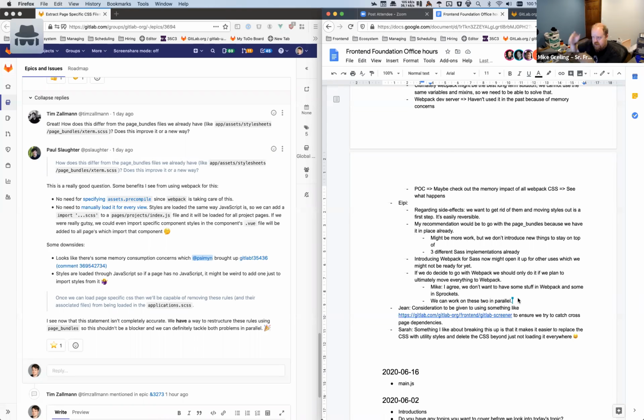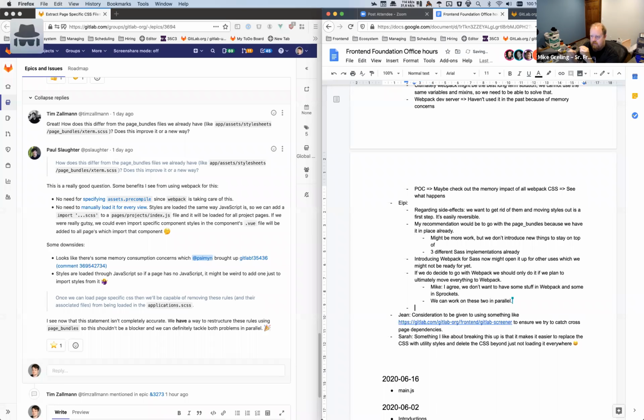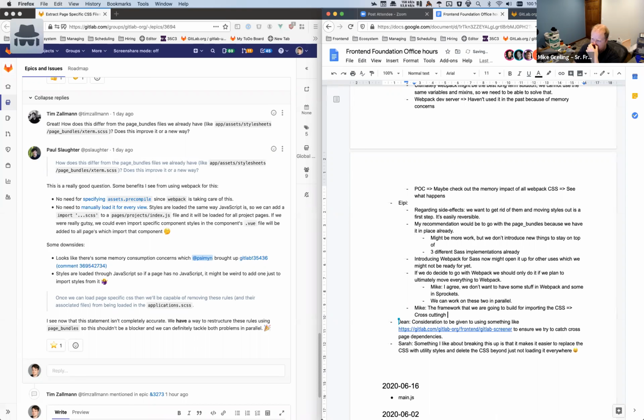Is it going to be some magic that we put together with the Webpack manifest where it's going to notice the CSS and include it inline, or is it going to be handled by Webpack itself through CSS and JS stuff, where I don't know exactly how the extract CSS plugin works, or using Sprockets and that method? But